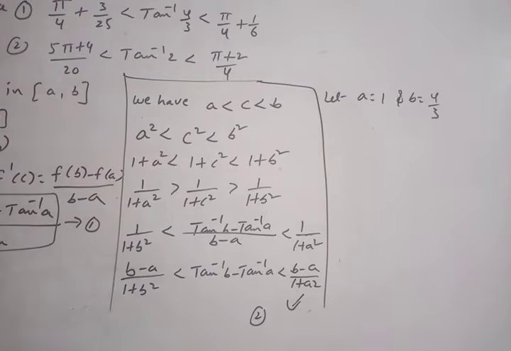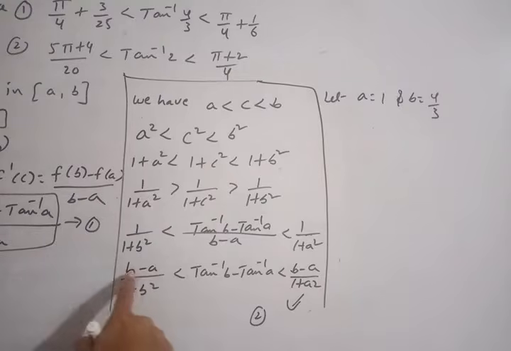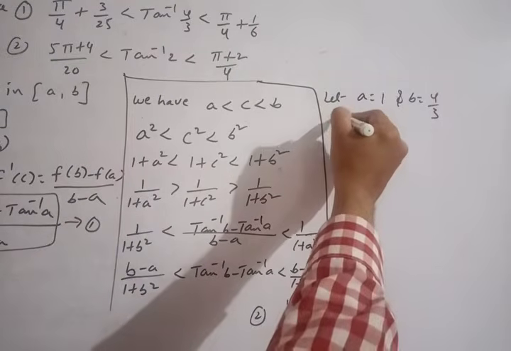Both sides pi by 4 is there. Tan 45 is how much? 1. So when you substitute 1, you get pi by 4. Like that you need to remember. a is equal to 1 and b is equal to pi by 4. If I substitute here, you need to substitute the b value 4 by 3 and a is equal to 1. What do I get here? From 2,